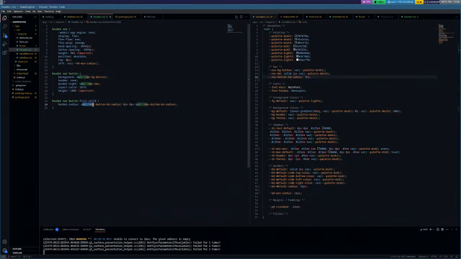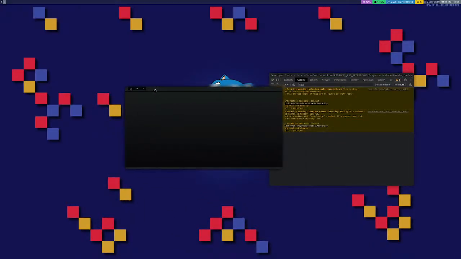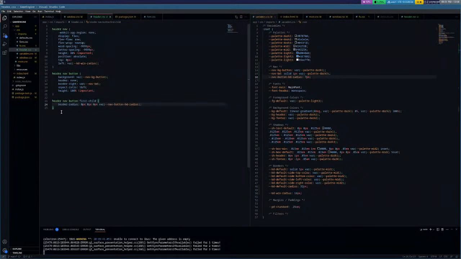Alright, so let's see. That should be rounded. Yep. Ooh. Actually, let's not do the top left. Have it like really, yeah, like clamp on the edge. Like that. I like that. And then the last